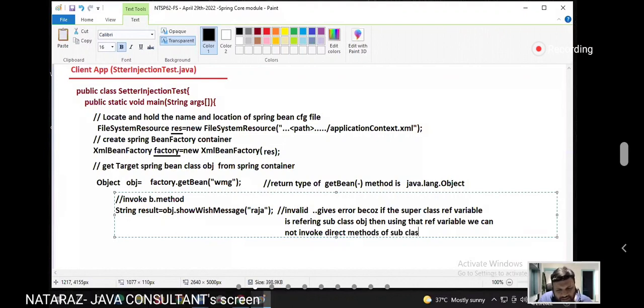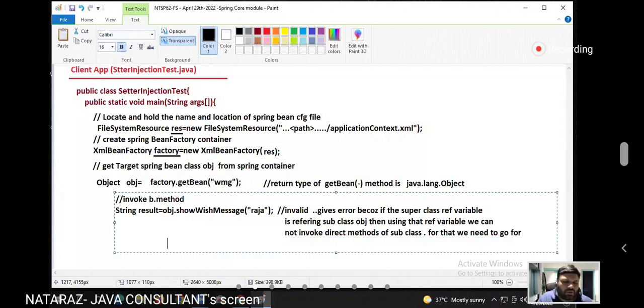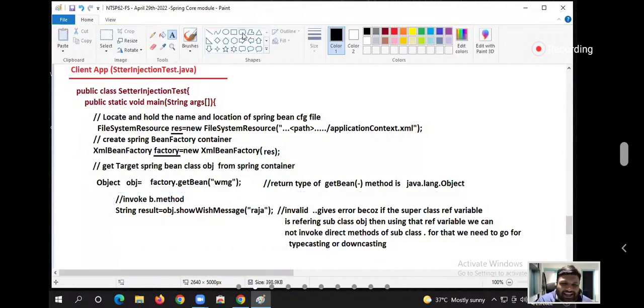For that, we need to go for typecasting or downcasting. Typecasting or downcasting.